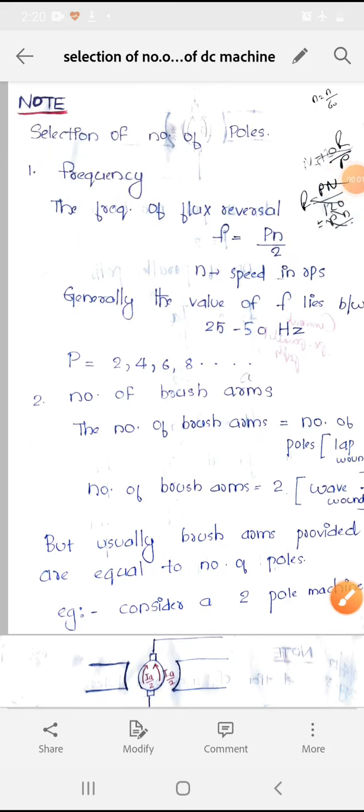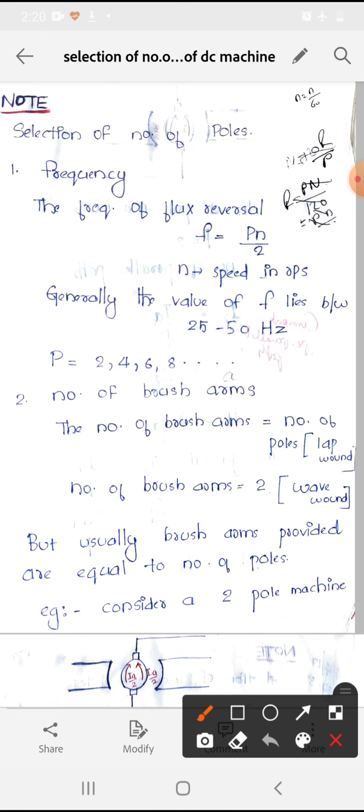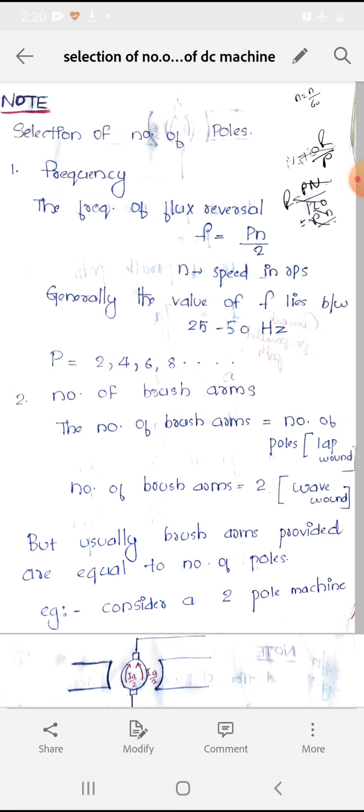Today we are going to discuss selection of number of poles. Number of poles depends upon frequency and number of brush arms. Generally, the value of frequency lies between 25 to 50 Hz and it is obtained by f is equal to Pn by 2, where f is frequency in Hz, P is number of poles and small n is speed in